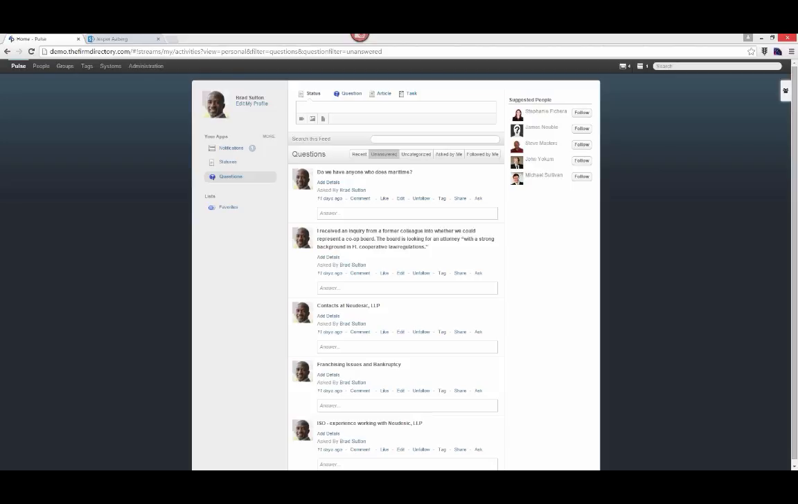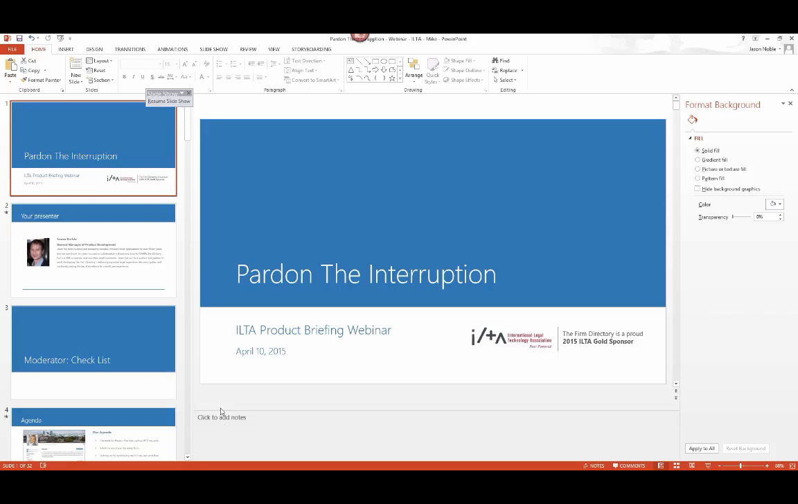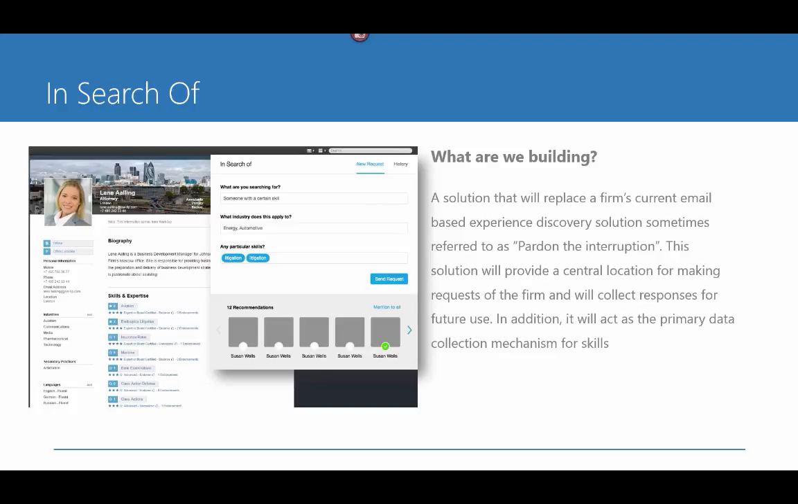All right, so I'm going to go ahead and jump back over to the presentation and close this out. Okay, so the last thing that we want to share with you is a little bit of our roadmap. What we're doing related to this specific problem is we are introducing a capability that is tentatively called In Search